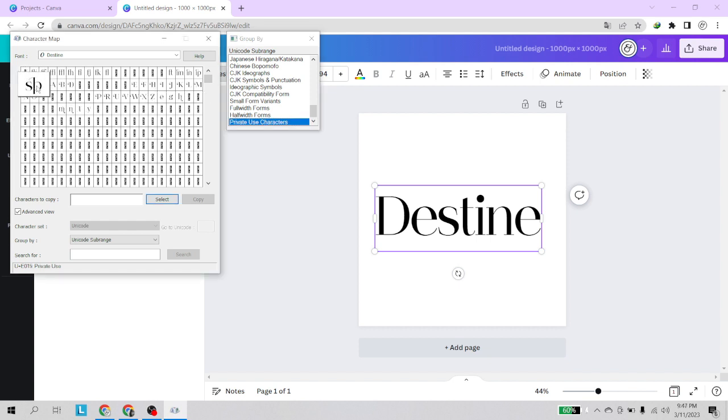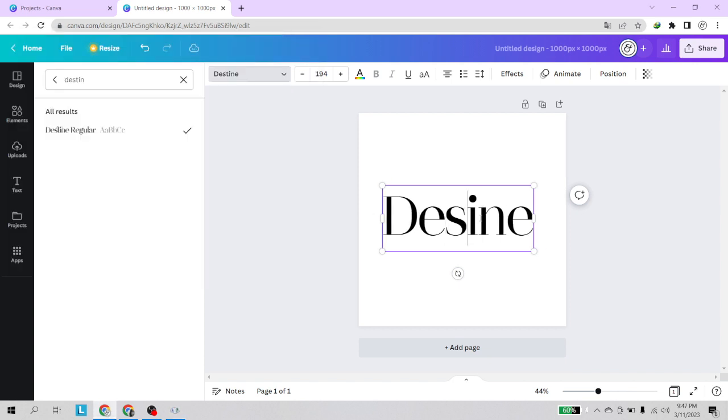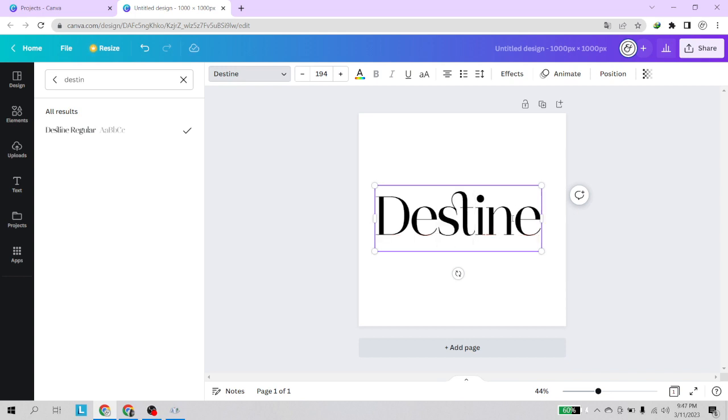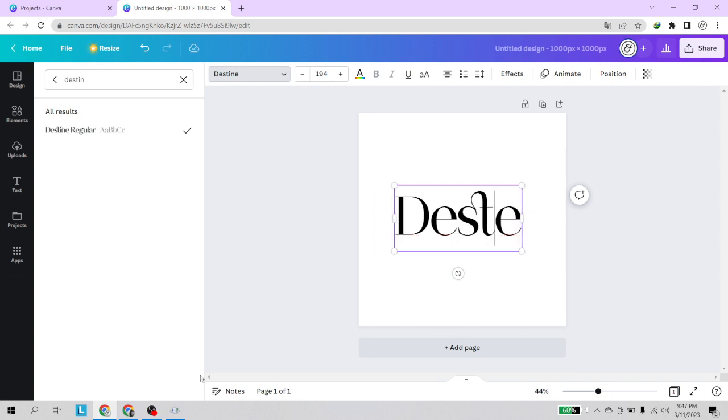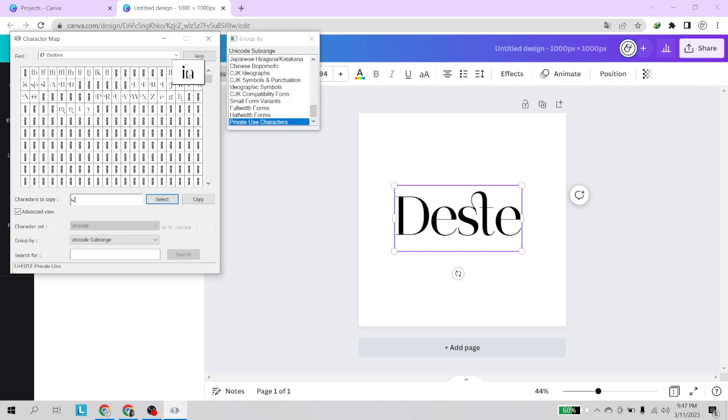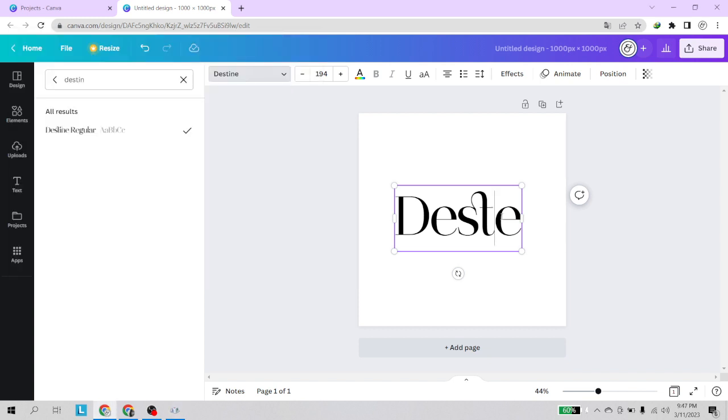I will look for SD ligatures, select it, copy, and then paste here or Ctrl V. Same way with IN, character map. Don't forget to clear this field before you copy other characters. Copy, paste here,